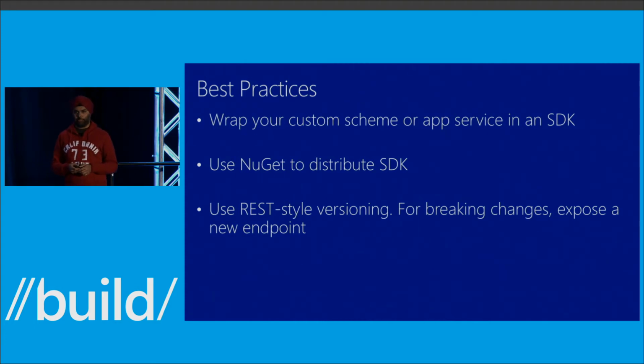Lastly, versioning. Versioning is always one of those things that nobody thinks about when you start a project, because you're all like, yeah, it's going to have all the features, all of them. And then days go by, you release your first version, and somebody says, oh, does it have that feature? And you're like, oh, got to add that. Or why doesn't that feature work that way? Oh, breaking change. So if you're making a breaking change, do a new version of your app service or custom scheme. If you're making a non-breaking change, just add it on, because you're not actually exchanging any real types. You're just exchanging value sets. So it's very JSON-like. It's very, very REST-like.